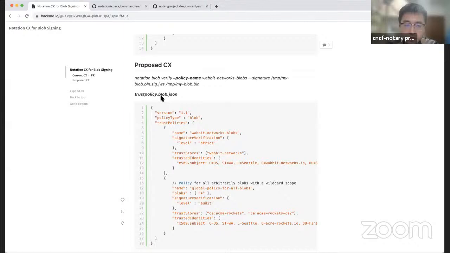Yeah. I think the goal is to simplify the policy management experience for our users, right? If we can achieve it by some commands, then a user doesn't need to care about the name.